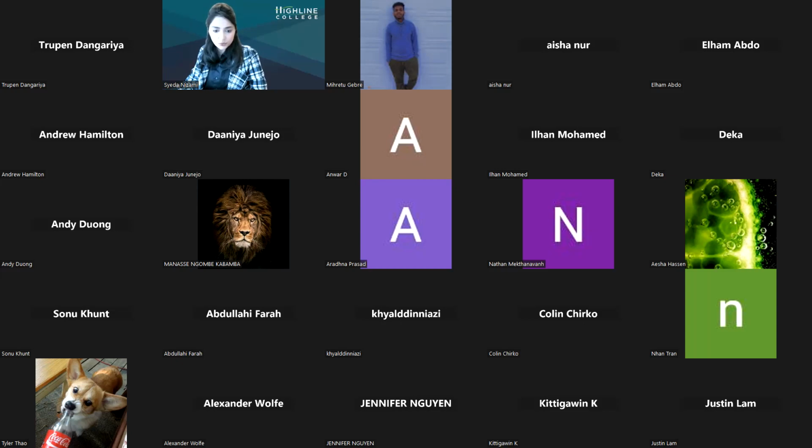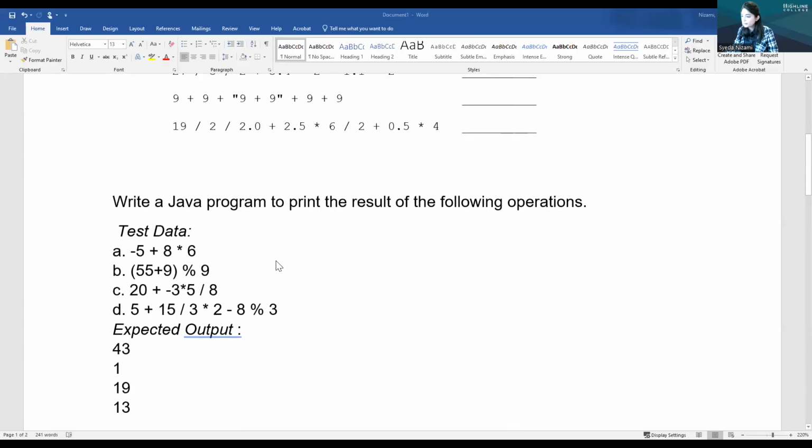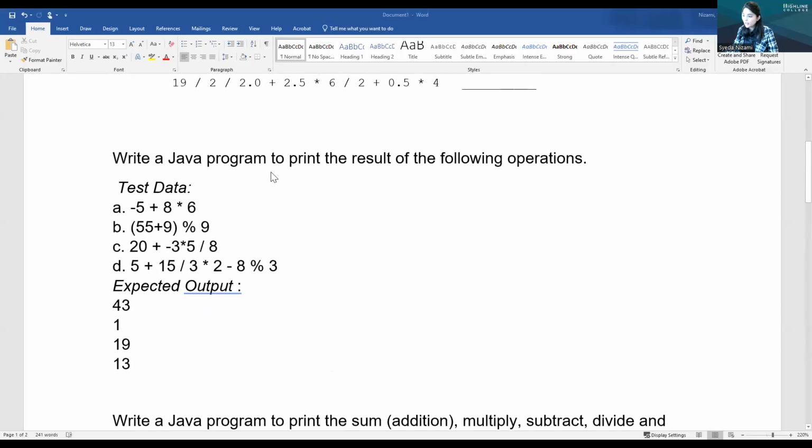Let me share my other question. Where's my document? Can you see my Word document? Write a Java program to print the result of the following operations. So these are the operations. This is how you can get the answers. You just have to put these expressions in your System.out.println without double quotation marks, and it will print you the